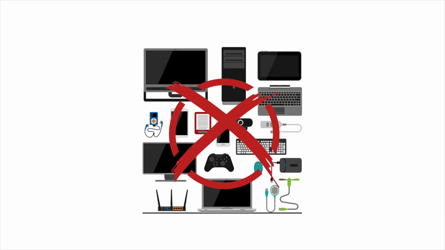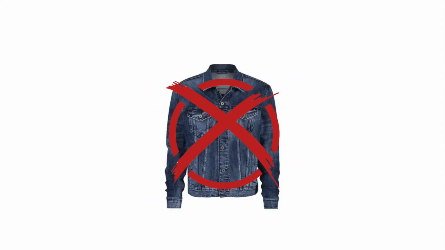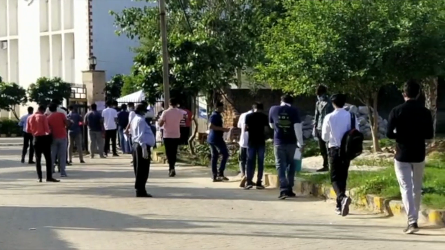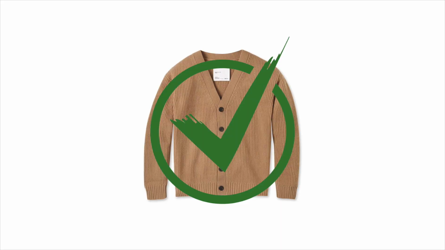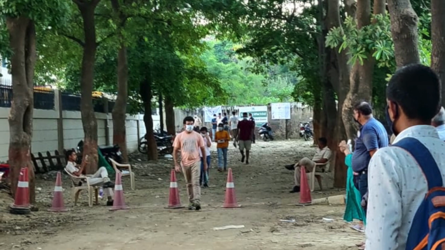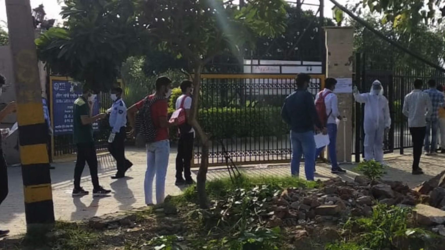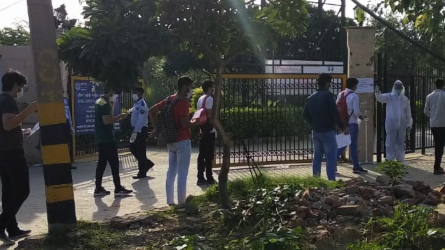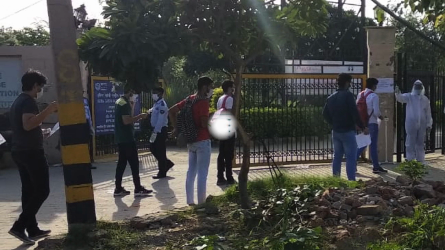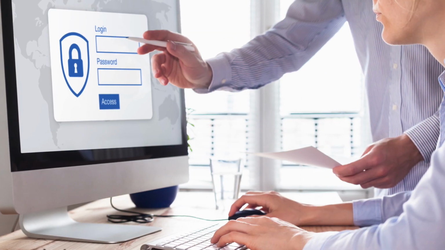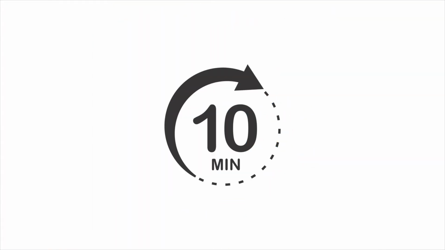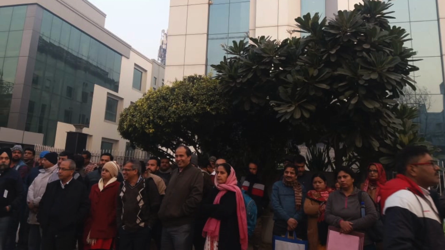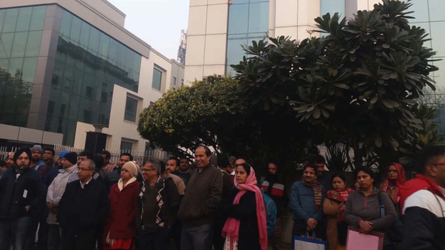Any electronic devices, jewelry, jackets, calculators, watch, or items containing metal are strictly prohibited inside the test premises. Simple dressing with plain cardigans or sweaters is recommended. Candidates have to undergo a mandatory frisking activity. If any objectionable item is identified, then they have to leave it behind before entering the test center. The candidates will be allowed to log into their respective systems 10 minutes prior to the exam commencement. Guardians, relatives, or friends of the candidates will not be allowed inside the test center.